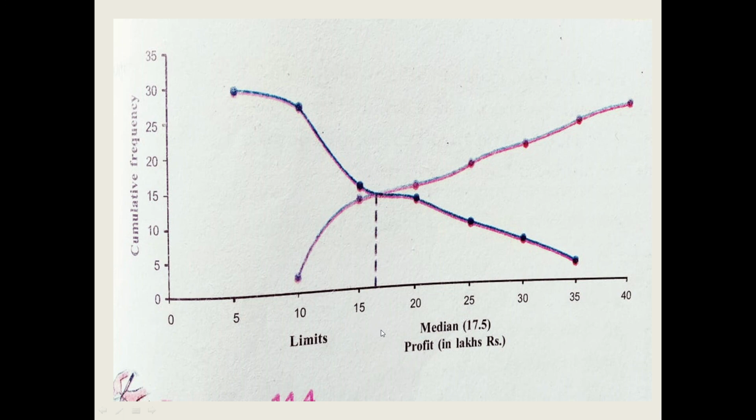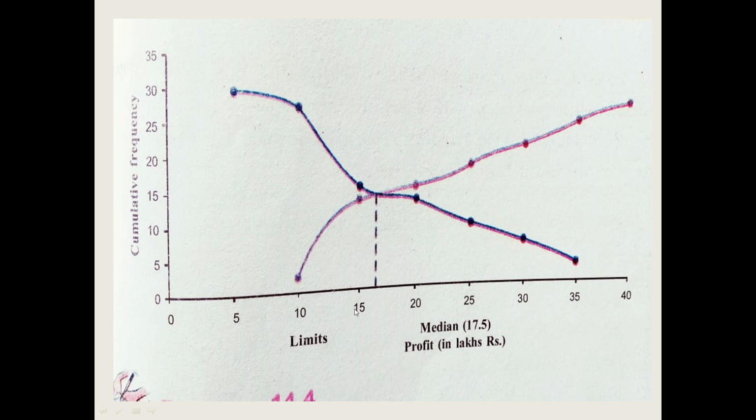The easy thing is to prepare the upper class boundaries and cumulative frequencies. By preparing the coordinates, you can plot the points on the graph and join these plots by hand with a smooth curve. We can find the intersecting point of these two curves. From there we can draw a line perpendicular to the x-axis. It touches the x-axis at a point. That point is called the median point, which shows the exact value of the given data.